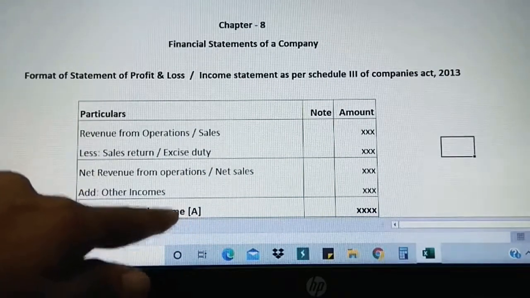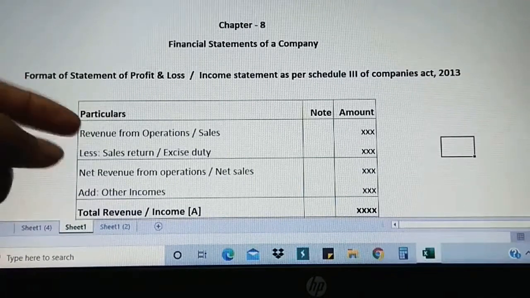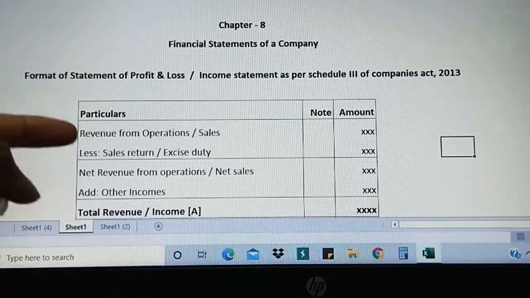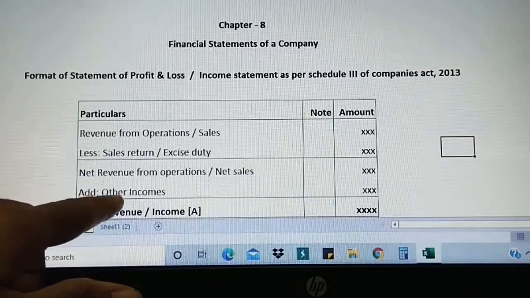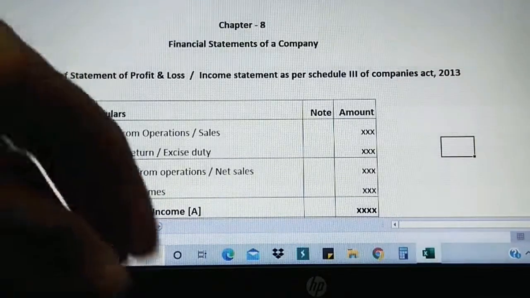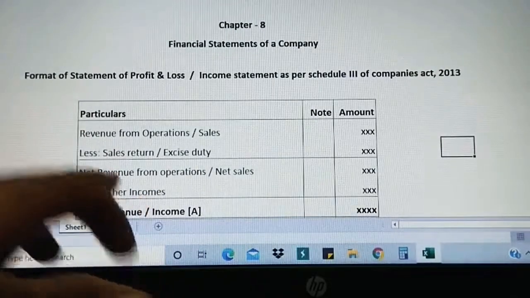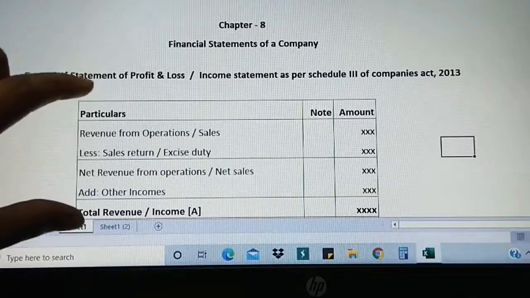So it's easy for us to go for the calculation. Just observe it. This format should be observed and it has to be remembered right from this step. Just follow as it is. Suppose in the question, if they have given rent received, interest received, commission received, it has to be treated as other income. Don't expect that the format is given as other income and there is no word of other income. If they have given rent received or interest received, if you skip, you might lose the marks. So observe it clearly.